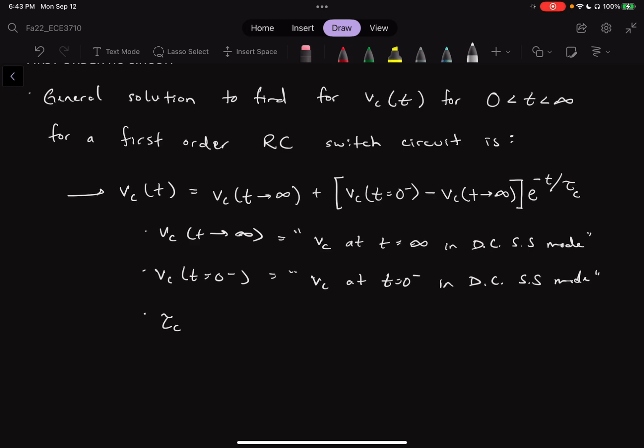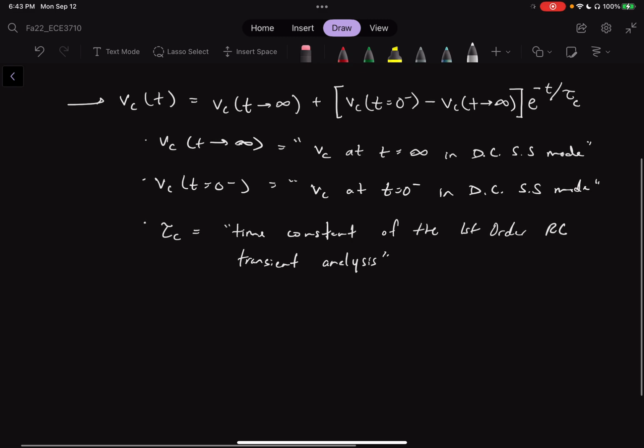Tau c is equal to the time constant of the first order RC transient analysis. But more specifically, tau c is equal to R Thevenin times C. More specifically,